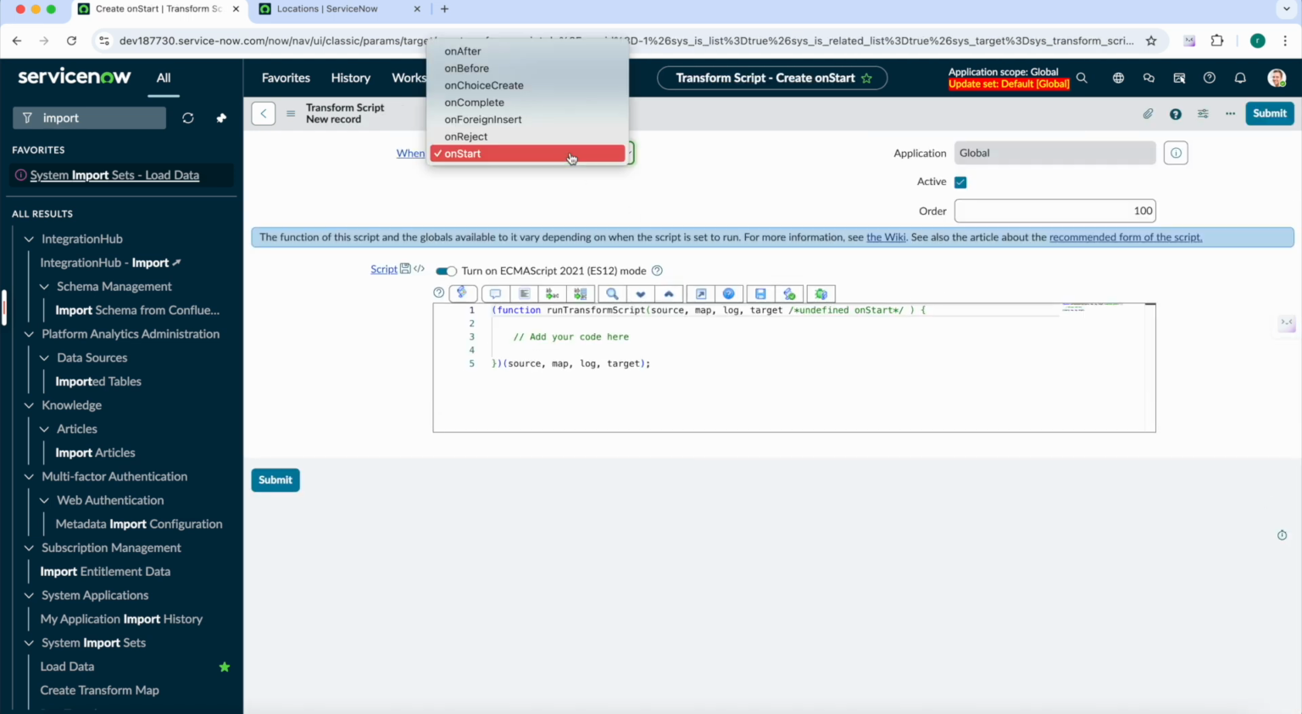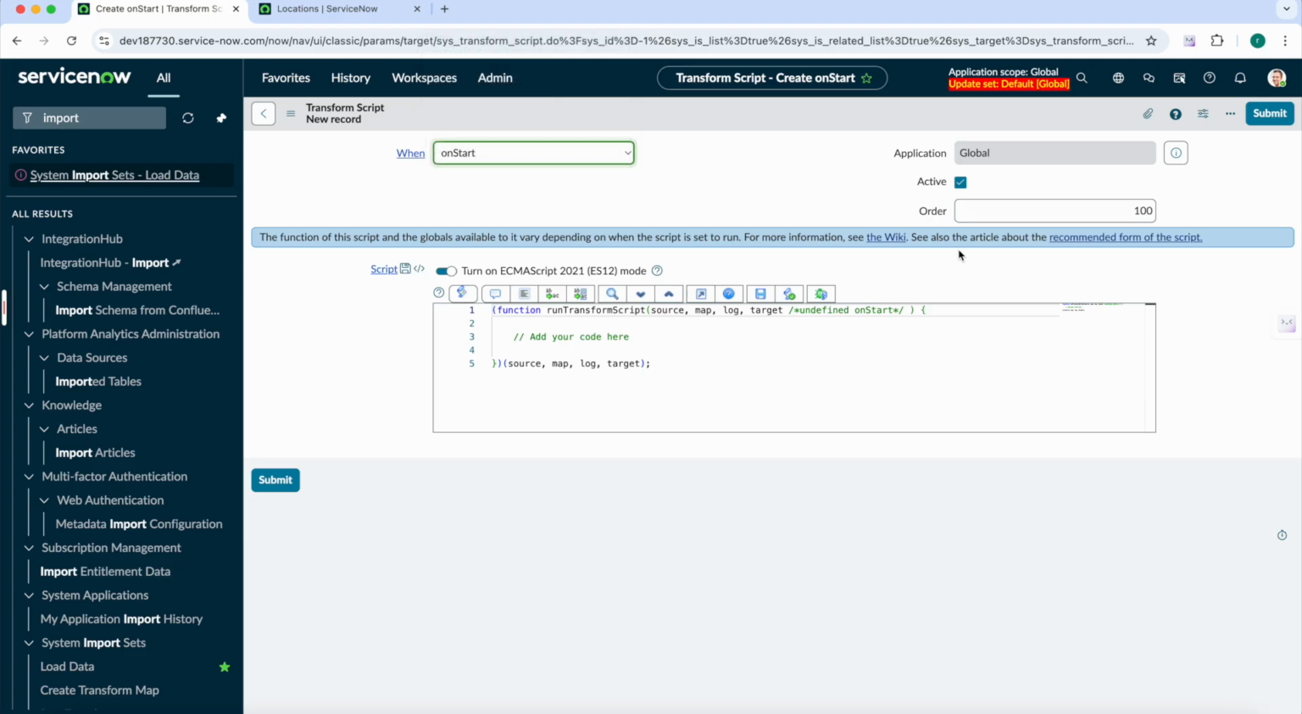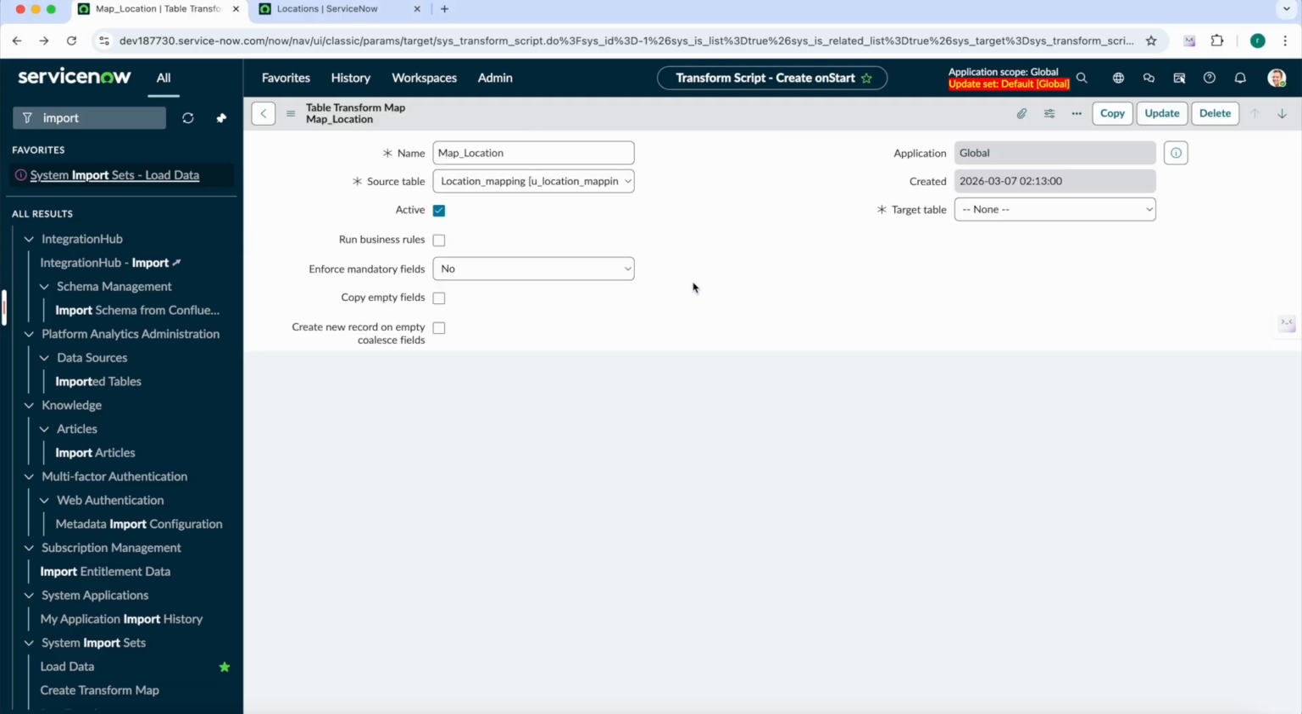So these are the different types, and we go for onBefore. So we need to define our scripts here, so it will act accordingly. So let's not touch this in this session. So coming back,